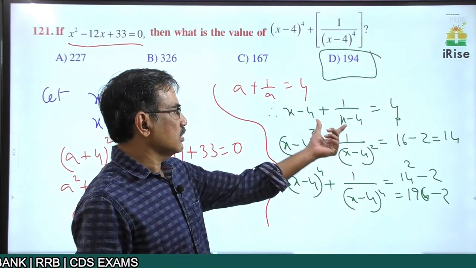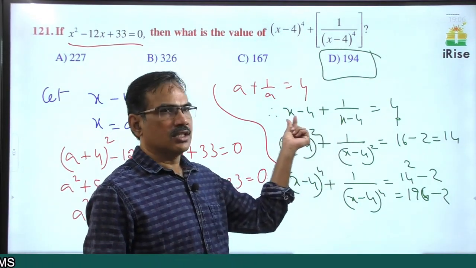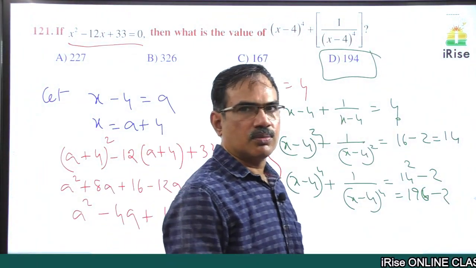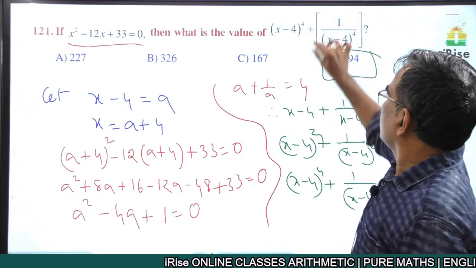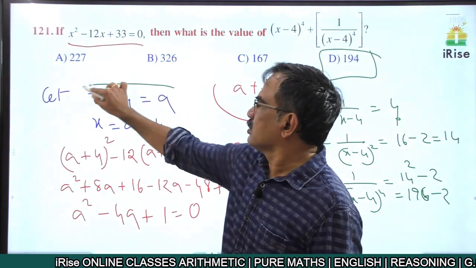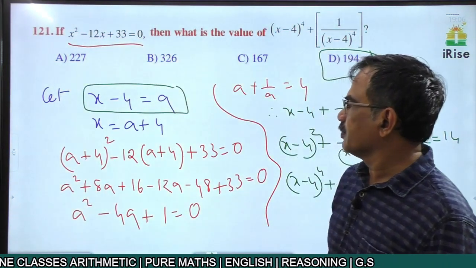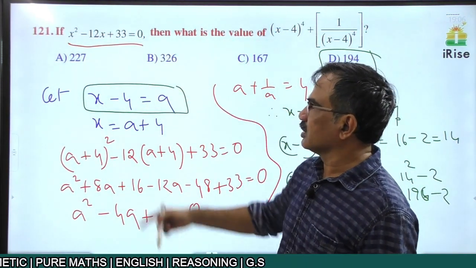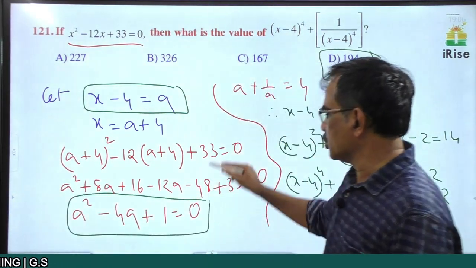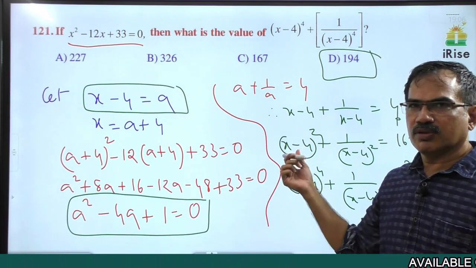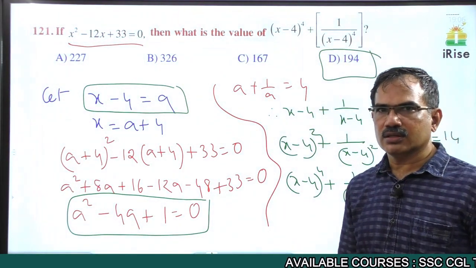First find this one, then use a + 1/a = p, a² + 1/a² = p² − 2 formula. If this type of question is given, first consider like this. Substitute in this given condition, and we can get this type of condition. After that, simplifying gives the answer. Okay, next question.